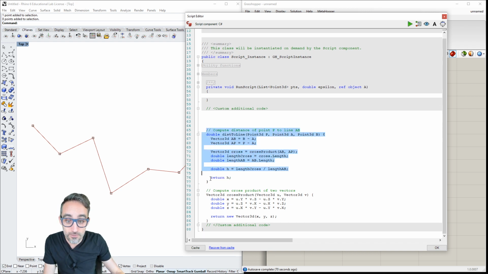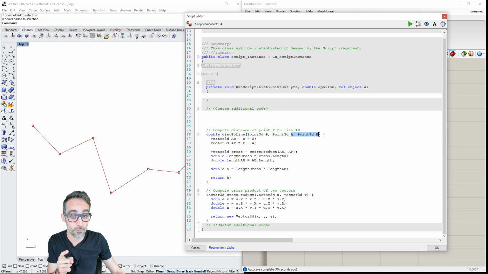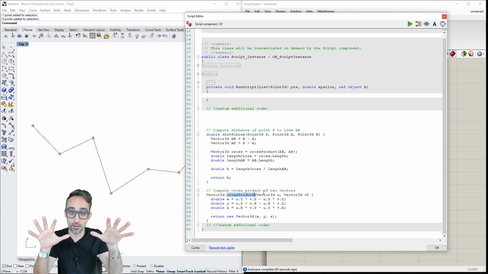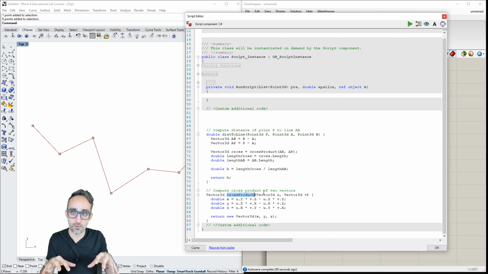I copy pasted a function that, given a point P, computes the distance of that point to the line formed by two other points A and B. And because this implementation is using the cross product, I'm also copying here an example of how to write the cross product of two vectors. I am using C# scripting within Grasshopper, so I could access the Rhino Common API to do this. But if you're trying to write this in a different C# environment, then this implementation will be super easy to copy and paste between different implementations. Okay, all right, so I think we're ready to start writing some code.